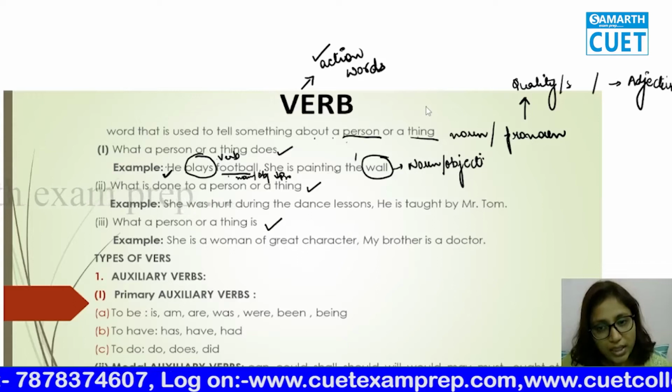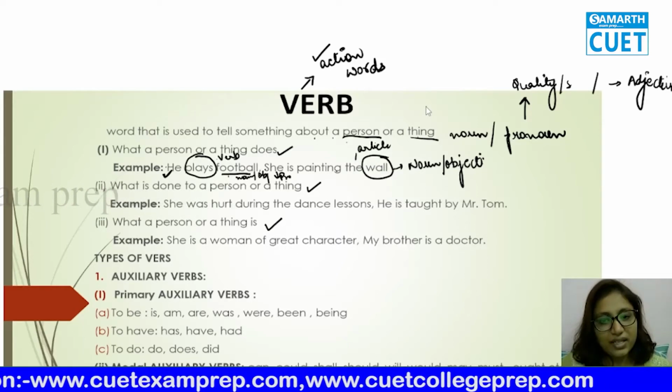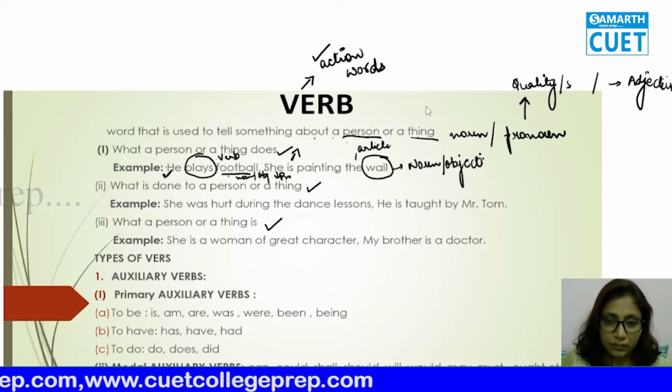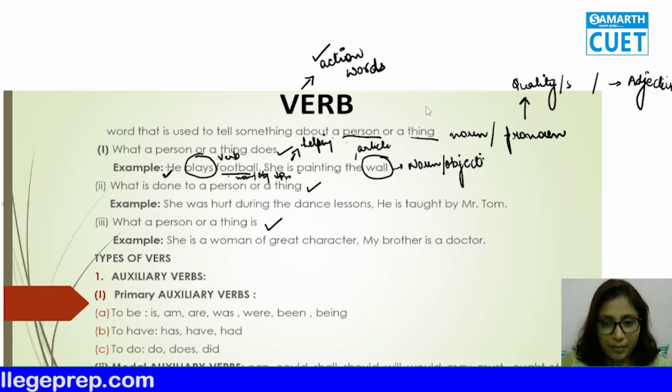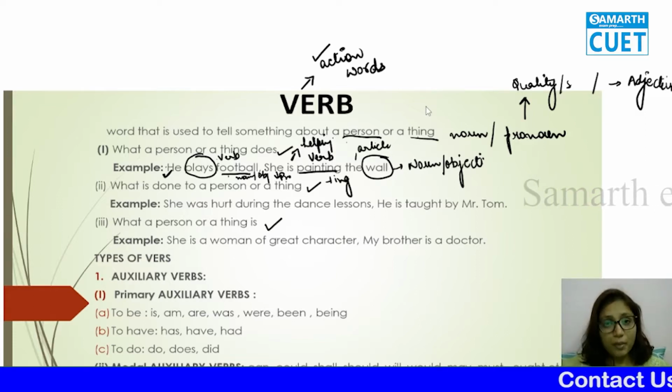Now the is article here, and is painting, we have is and painting. So is is helping verb. And painting is again a verb. In the third form, painting means that right now at this moment she is painting